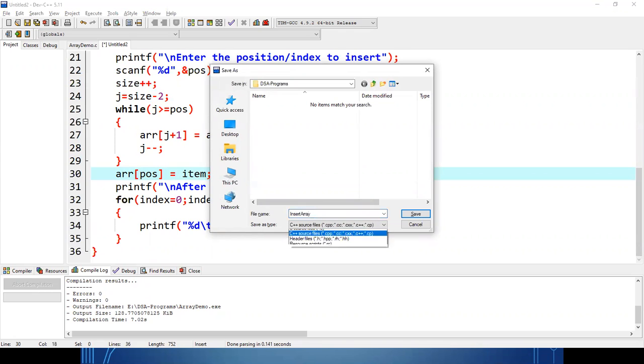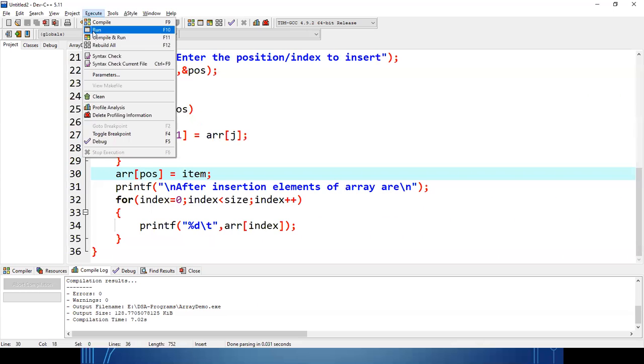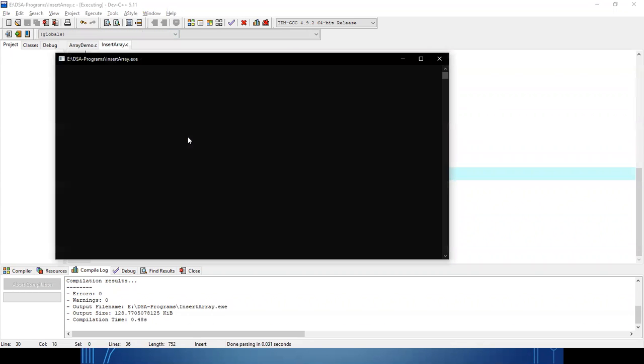Insert array. So enter the size of the array. Suppose again here it is 5. Clear? So 11, 22, 33, 44, 55.